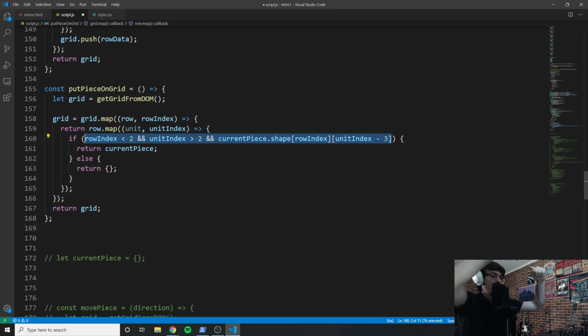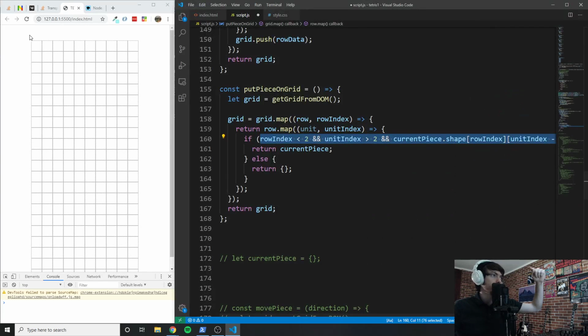So what we're doing is we're going through the grid from the top, and we are looping through each row. So essentially we're in a 2-dimensional loop. We're looping through the rows, and then for each row we're looping through each unit. It's not really a loop, it's an iteration. And then we're doing an if statement. We're saying if row index is less than 2, so 0, 1, 2, so if we're on the first two rows, and unit index is greater than 2, 0, 1, 2, so if we're on the first two rows and on a unit that's past this area,